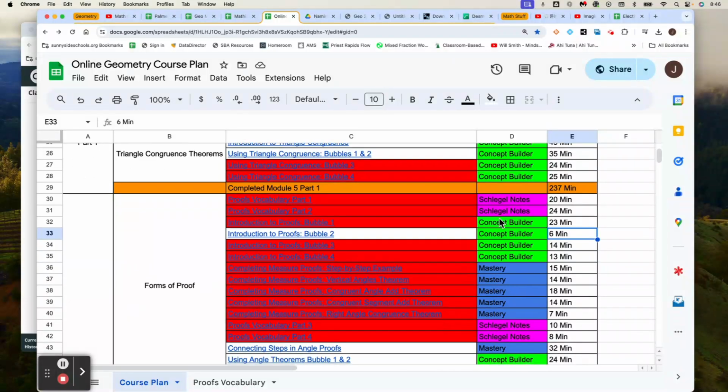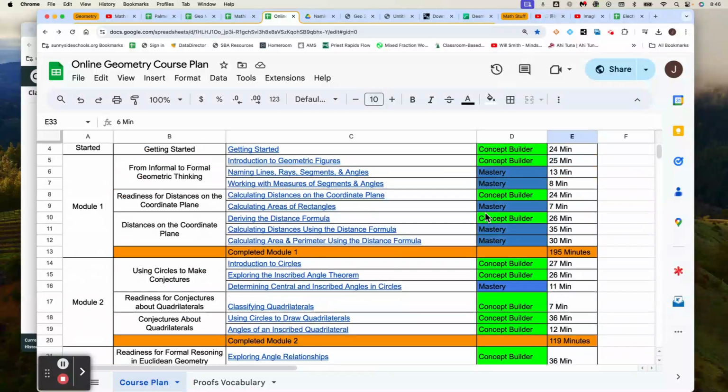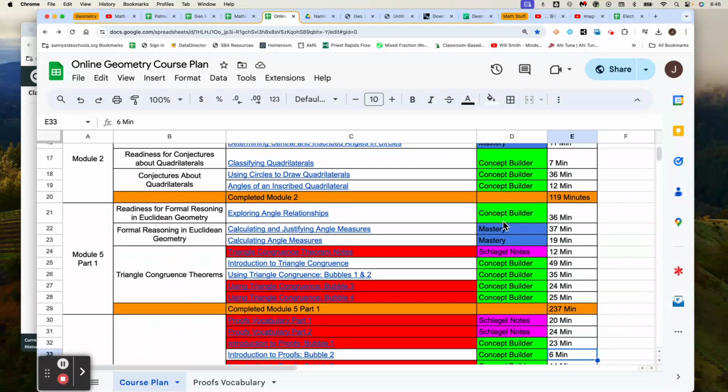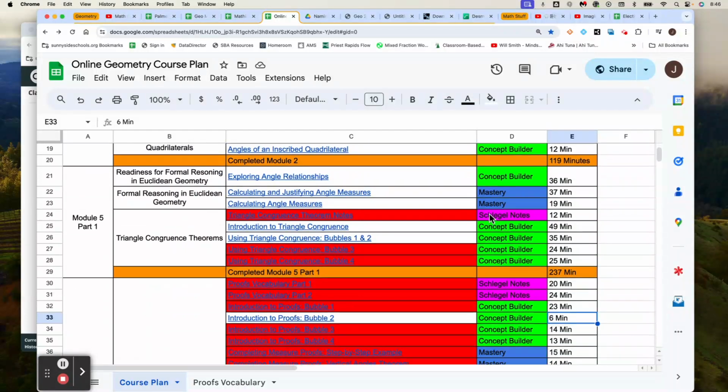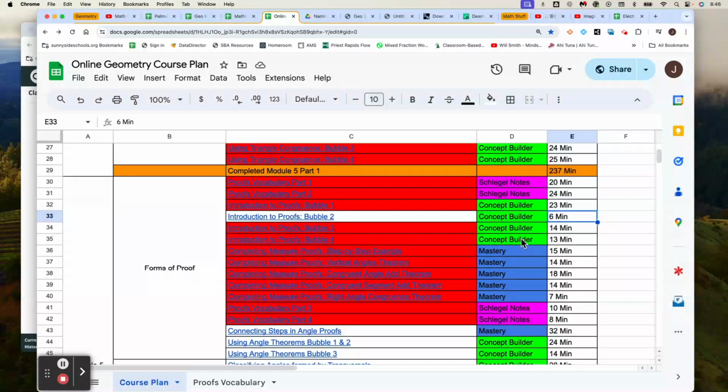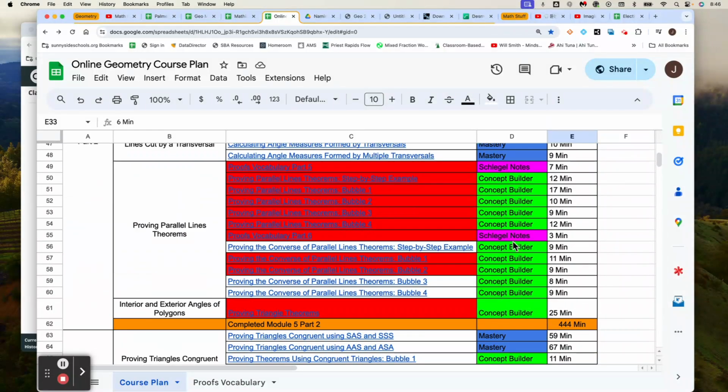And so anytime where it says Schlegel notes, these are going to be things that are not in Mathia, but it will be knowledge that is essential for you to understand in order to be able to do the work in Mathia. And so again, this is pretty much your guide of here's where you're going to start in Mathia. You'll work through all of these things. Make sure you watch my notes videos. Make sure you watch videos that are highlighted in red. And as we go through this,